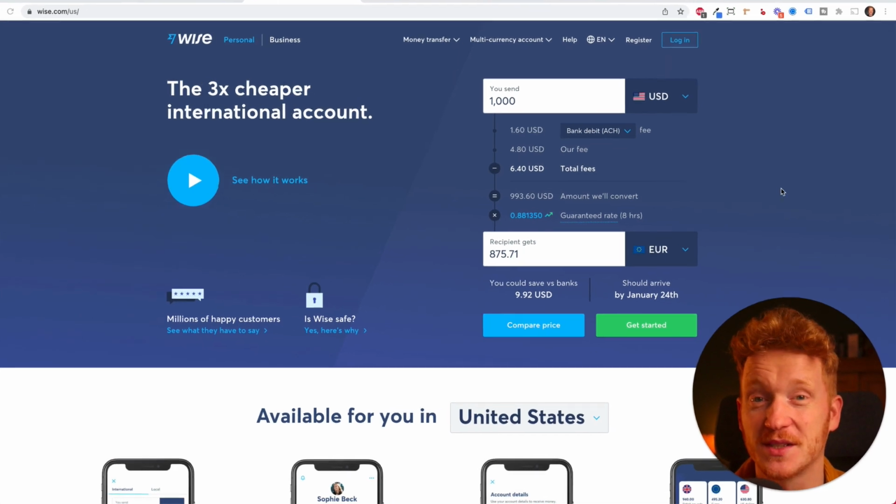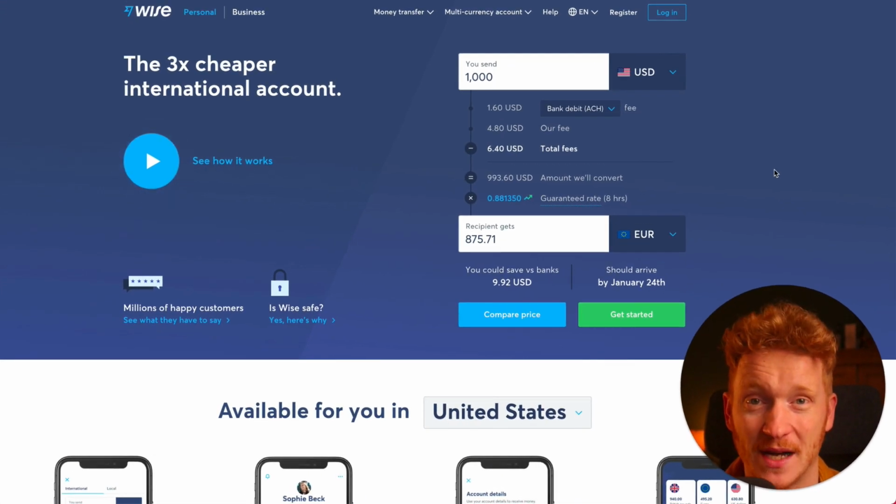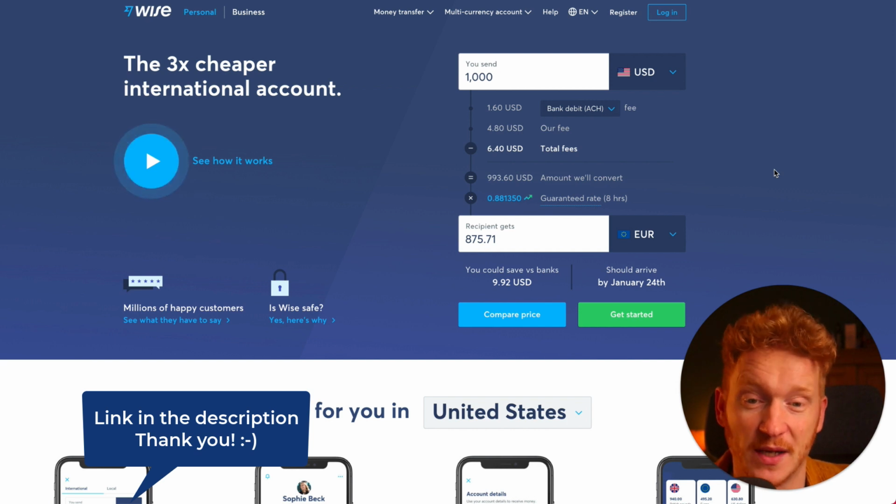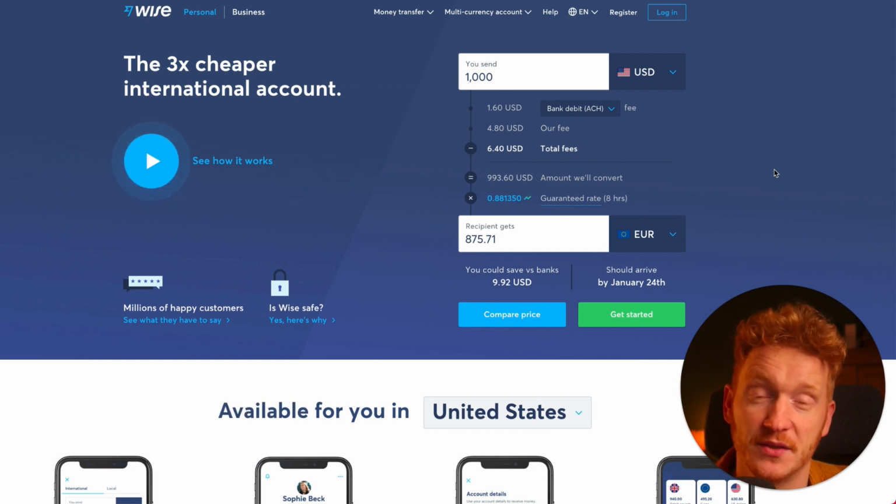Hey everyone, so in this tutorial I want to show you the service Wise. It was formerly known as TransferWise. They changed the name for some reason. I like TransferWise a little bit better because it's a service where you can transfer money worldwide into different currencies